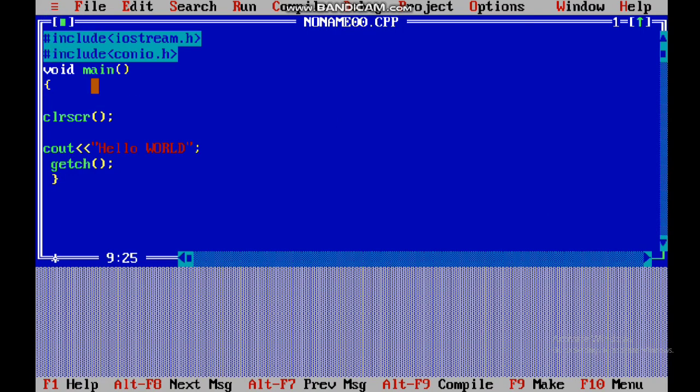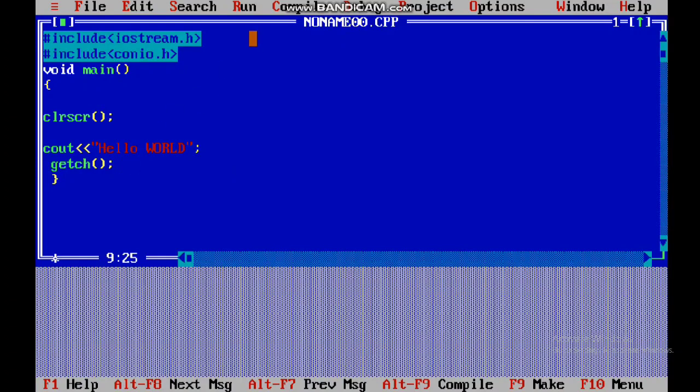So here, as you can see, I've written the same program. The first thing that we are going to do is compile this program. Compilation means the compiler is going to compile this, and it is going to tell you where the errors are, on which line the syntax or something that you have written is wrong.